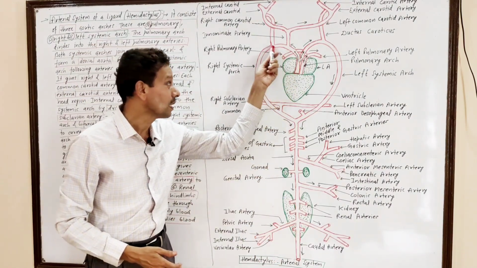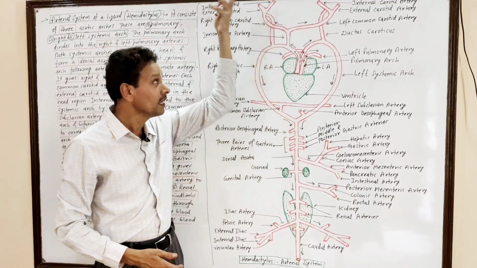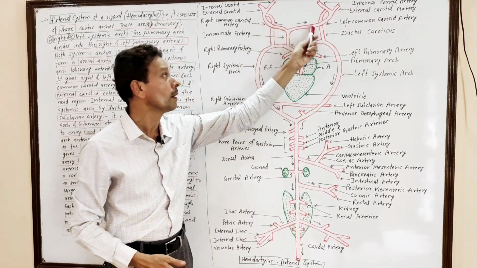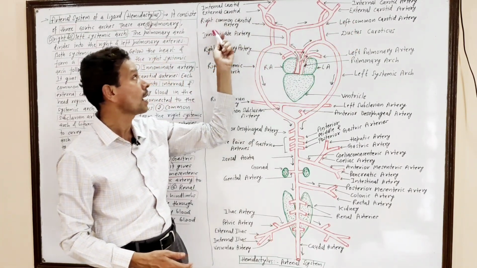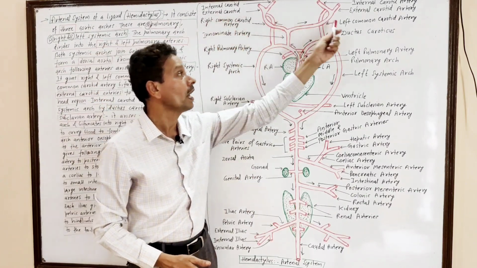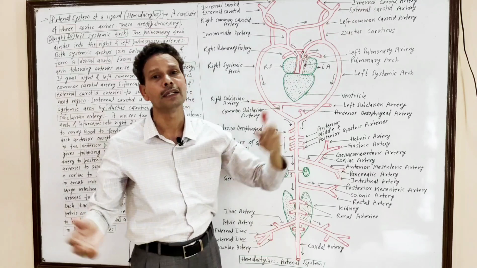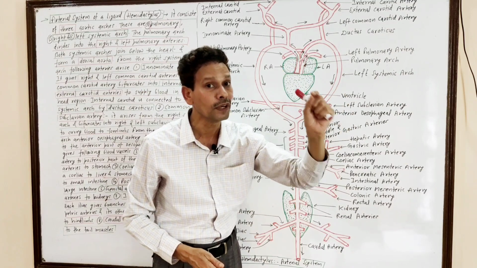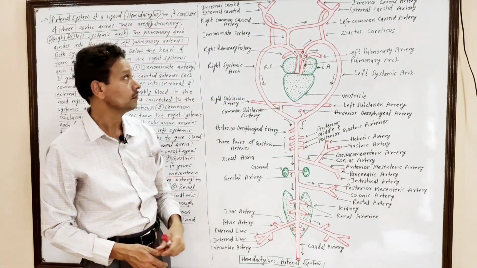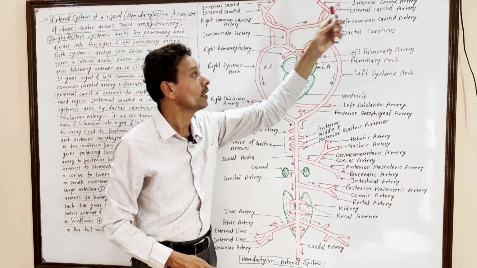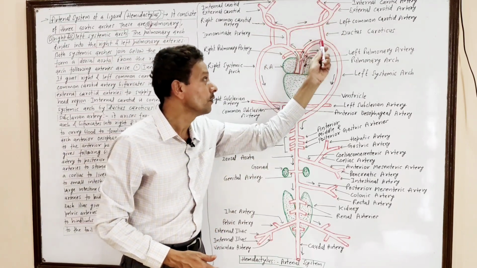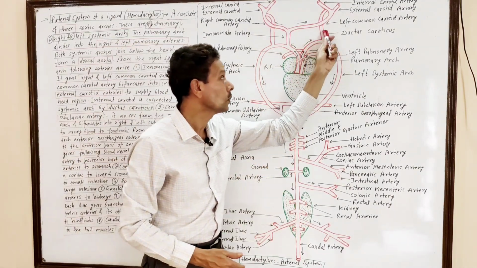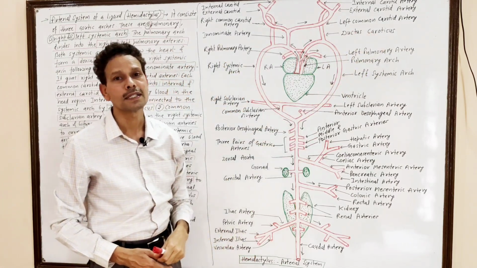Now down, this right systemic arc, in its anterior region, gives an innominate artery, and this innominate artery divides into two branches. One is left common carotid and this one is right common carotid. Both these right and left common carotid arteries further divide into two branches, external and internal carotid arteries, to different regions of head. This internal carotid artery unites with the right and left systemic arcs through this ductus caroticus.